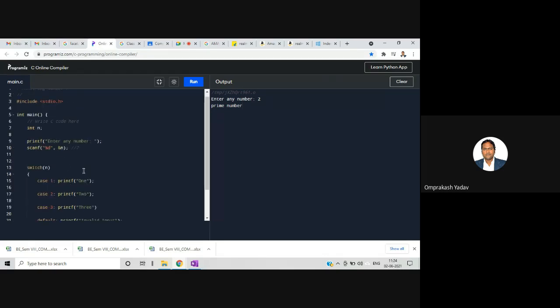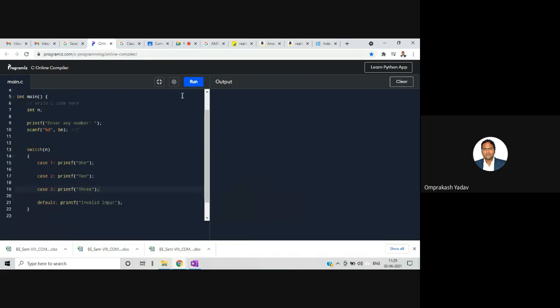Let me show you this. I'll run. Oh, this semicolon is missing. Okay. Enter any number. Let's say I enter 3. It has executed 3, but it has also executed this invalid input.